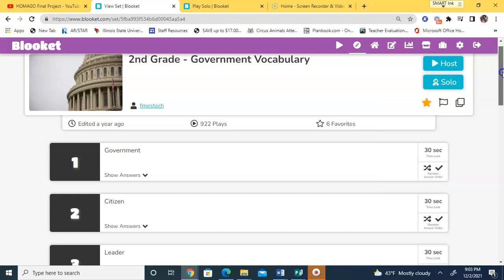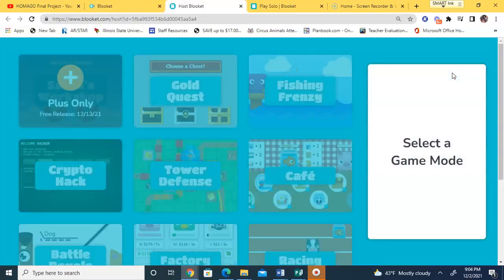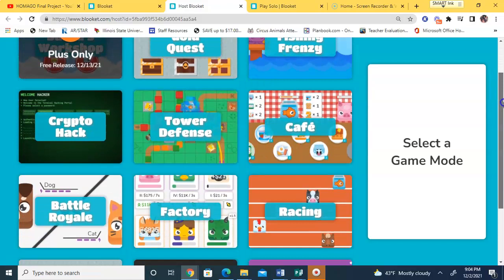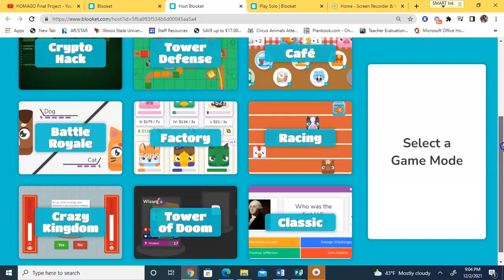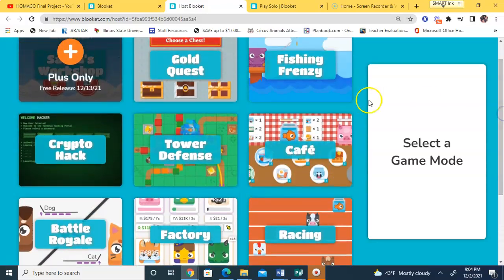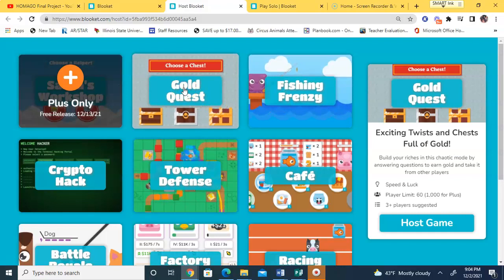So I could choose to host this game, and if I did that, I'd have to pick a game mode. We talked about Gold Quest. There's Fishing Frenzy, Crypto Hack, Tower Defense, Cafe, Battle Royale, Factory, Racing, Crazy Kingdom, Tower of Doom, Classic Mode, which is the one that's similar to Kahoot. I'm going to go ahead and pick Gold Quest just because I want to build up some gold in my account. So exciting twists and chests full of gold. So if I host the game,